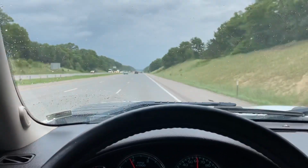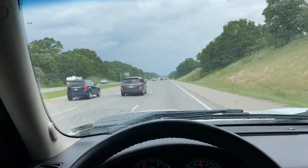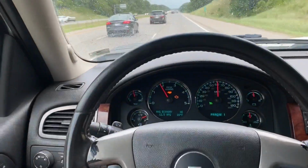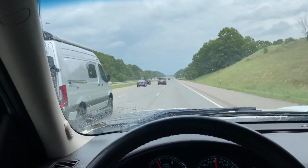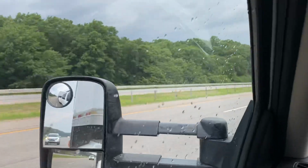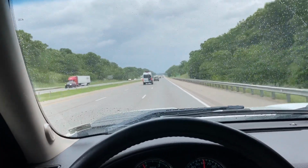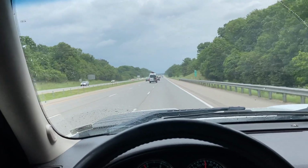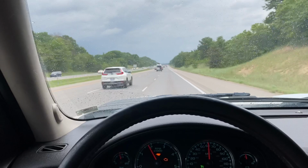We've talked in depth about the fact that most people don't need a brand new truck. Something like this, a 10-year-old 3500 Silverado, has easily all the capability that most people need. This thing will tow a 19,000 pound trailer. The gross combined weight rating, I think, is up to 30,000 pounds for this platform, the 2011 3500 HD with